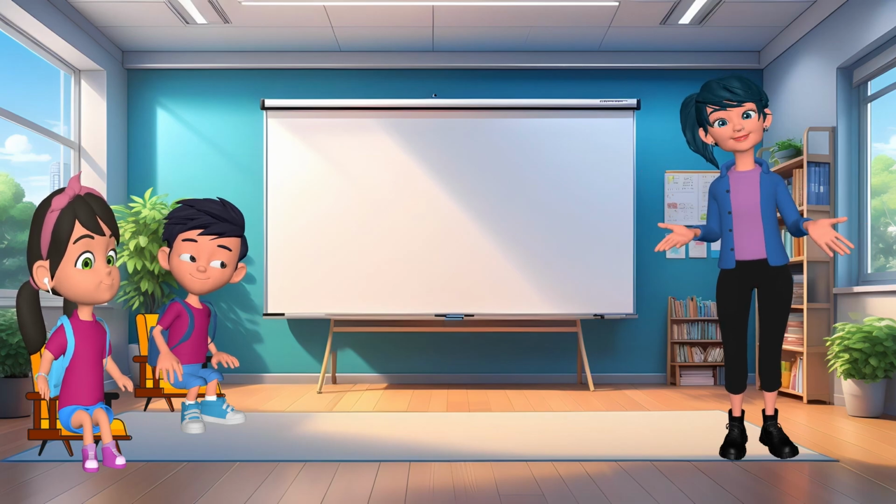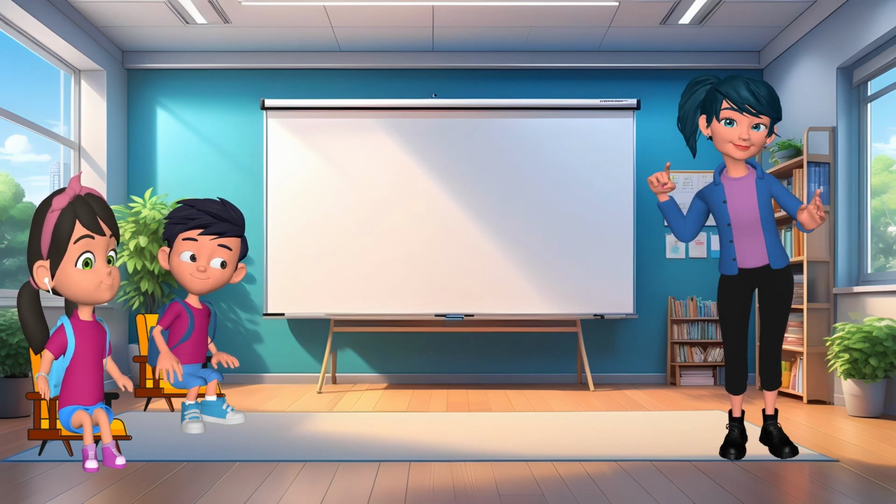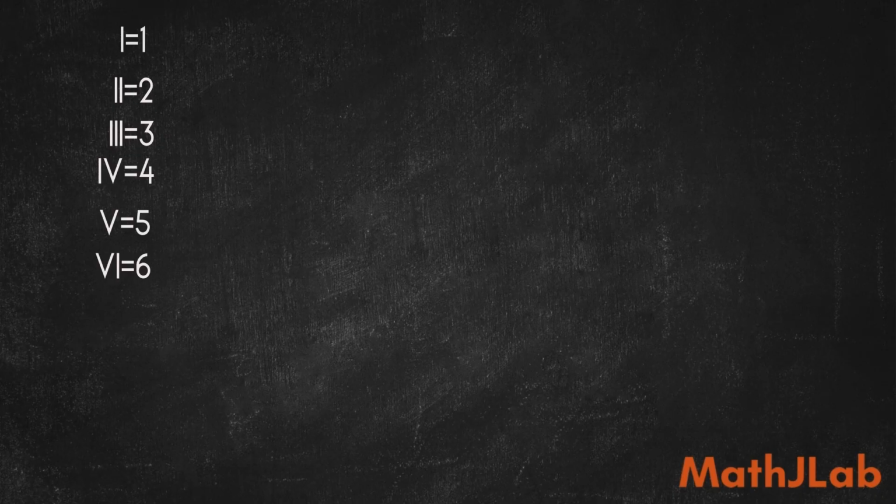Now, let us write the first 10 Roman numerals. We have already known that I is 1, double I is 2, triple I is 3, IV is 4, V is 5, VI is 6, V double I is 7, V triple I is 8, IX is 9, and X